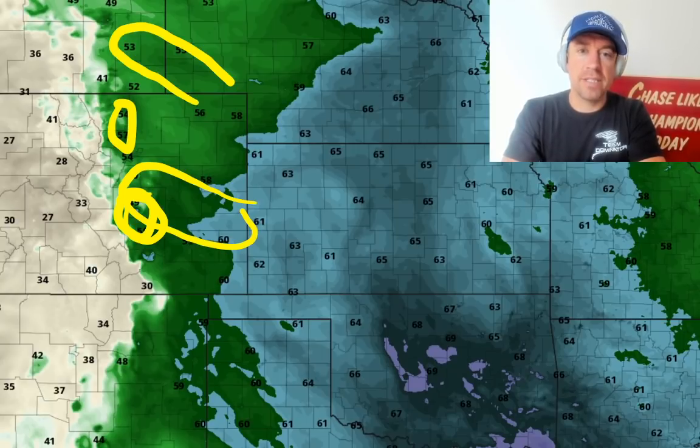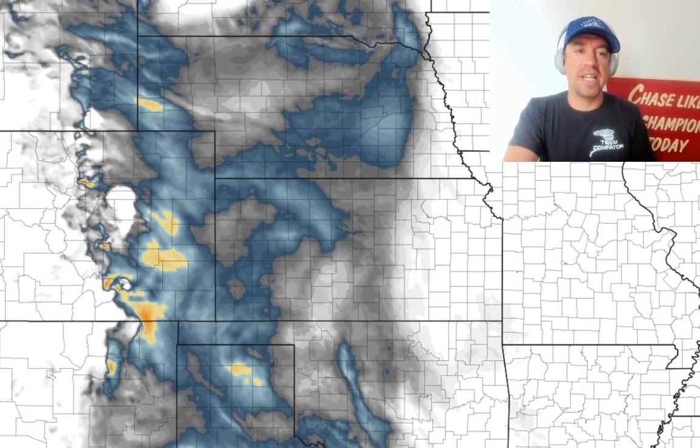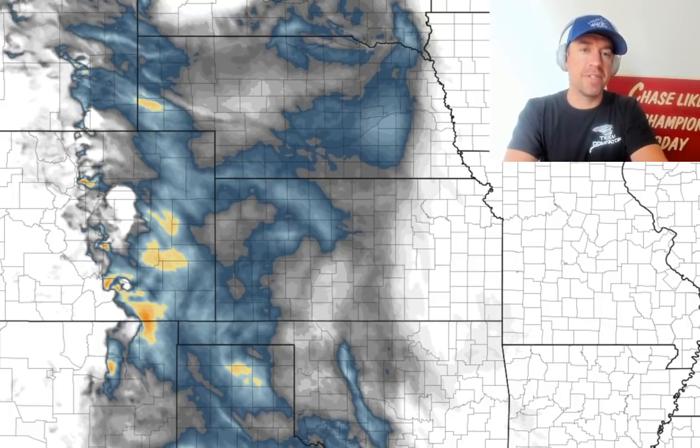Now looking at the 0 to 3 kilometer EHIs. As I always mention on here, I usually prefer to look at the 0 to 3 kilometer shear indices as opposed to the lowest kilometer, and that's because here across the high plains, you usually get easterly winds in the lowest kilometer or two, flipping around to those modest westerlies in the mid-levels. So usually the 0 to 1 kilometer indices don't capture the true magnitude of the wind shear up here against the high plains, but those 0 to 3 kilometer indices are better at capturing the true magnitude of the wind